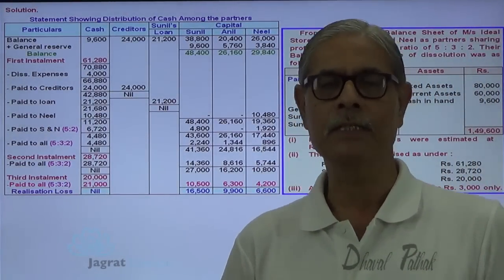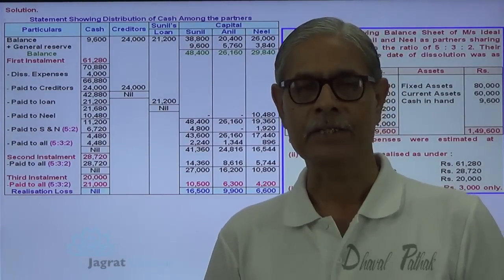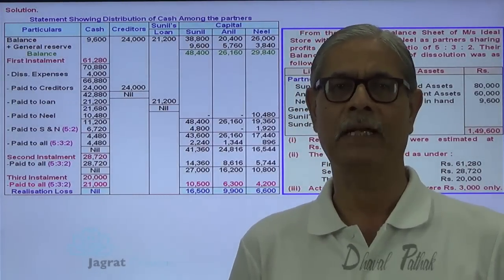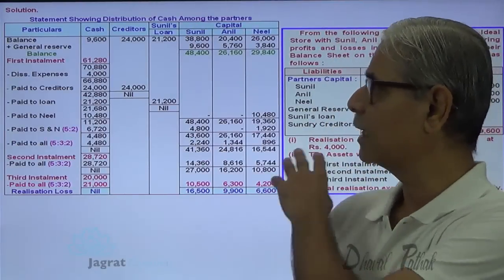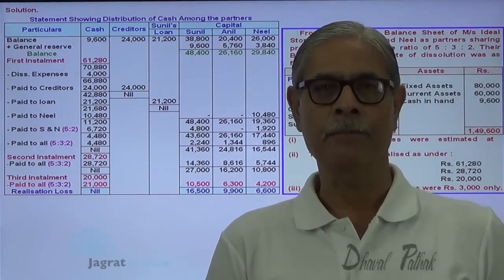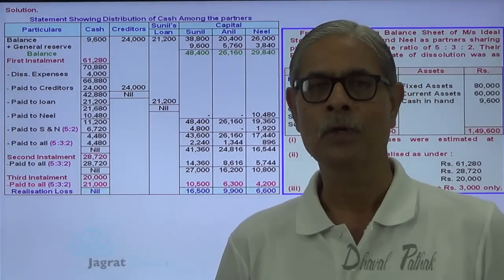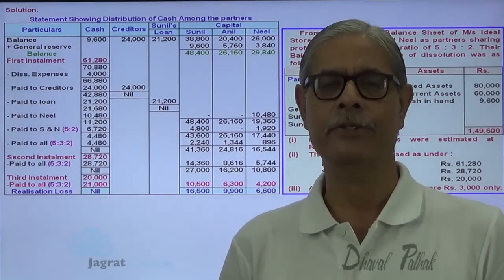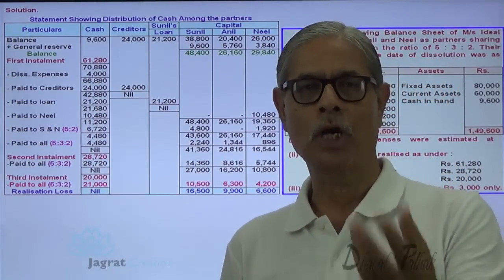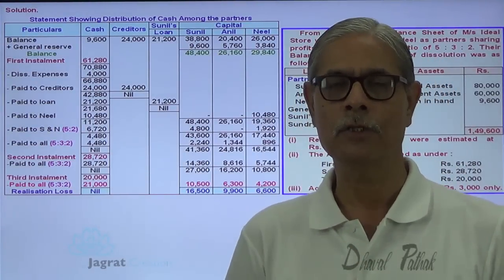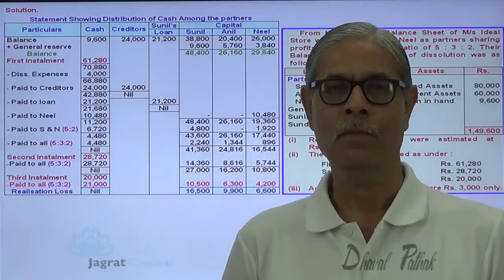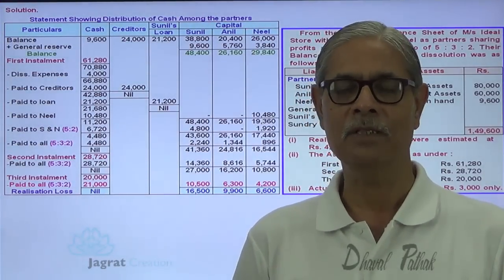So this is how realization loss is identified. That is always in the profit sharing ratio. The extent to which the capital could not be paid at the time of dissolution of the partnership firm is because of realization loss. So this is how it has been worked out by preparing a piecemeal distribution statement. Even if you prepare a realization account and try to find out the realization loss for this sum, you will find the total of this capital that could not be paid will be equal to the realization loss. So I have tried to explain this sum by the surplus capital method. I feel that you have followed all these things. Thanks to